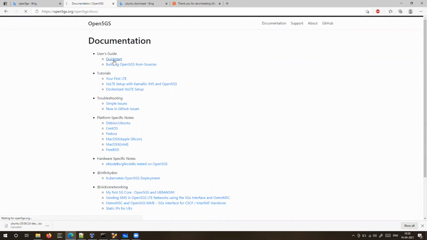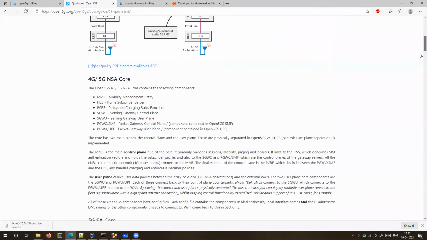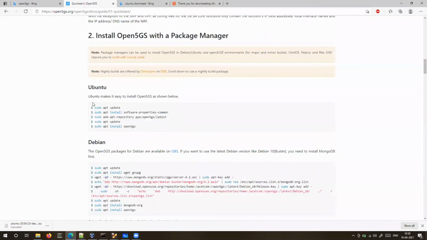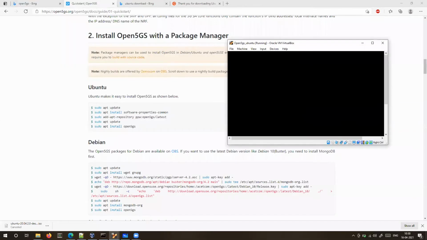You can go to quick start, and it has the same diagram that I showed you, and at the bottom you have how to install in Ubuntu. You just need to follow these steps, and it will be installed. I'll just show you. It's pretty easy.